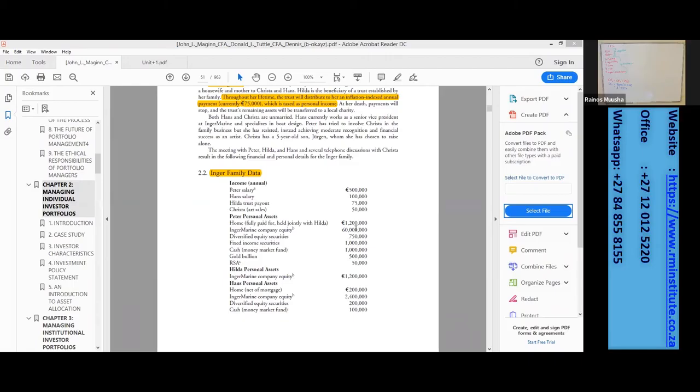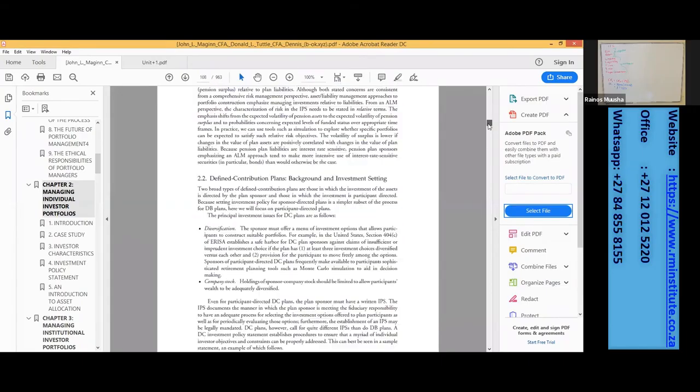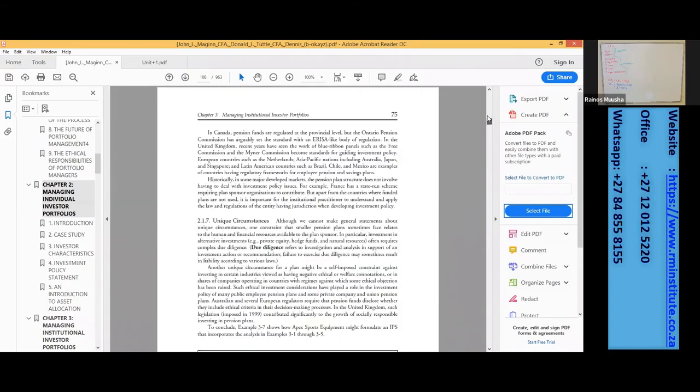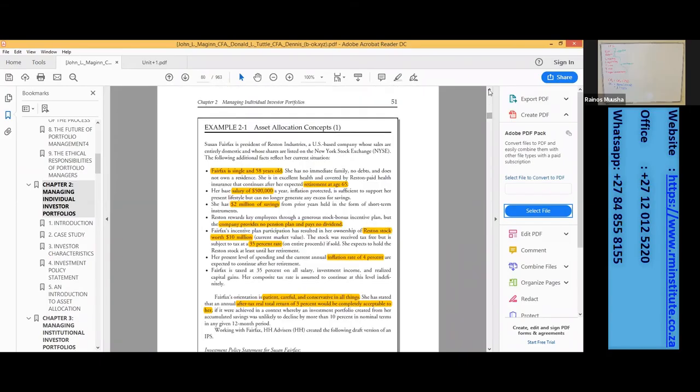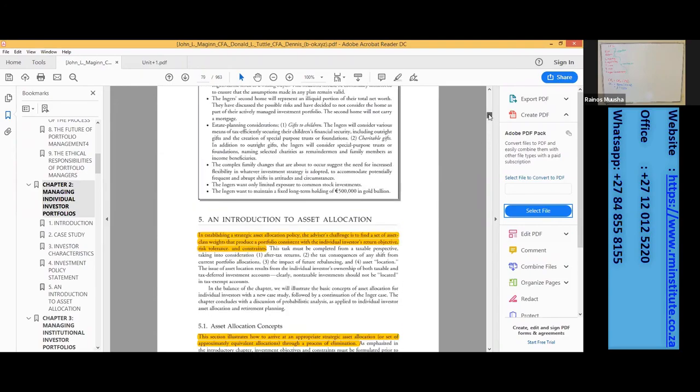So here we see that Peter has an equity share of 60 million, and his wife Hilda has an equity share of, what? 1.2 million there. So based on this, when you're trying to find out exactly how much the total value of your investment would be,